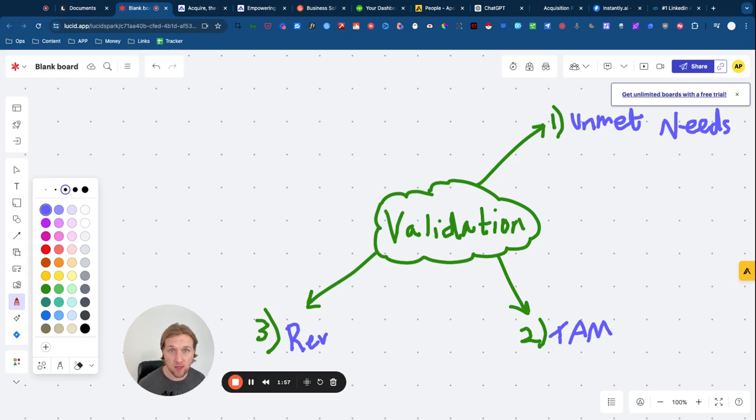It's one thing having a good offer where you are matching an unmet need and providing a solution for that. But if you're doing that within a marketplace where there's barely any leads, barely any companies or consumers that are actually going to buy from you, then it's probably not something you should pursue. What this process will reveal is whether this opportunity and this offer will actually generate revenue and whether it will scale. So with these three core elements, if we know we are meeting these unmet needs, if we've got a large TAM and we know that similar companies are making a lot of money from it, then these three core components will give us enough to have confidence in sticking with that offer.